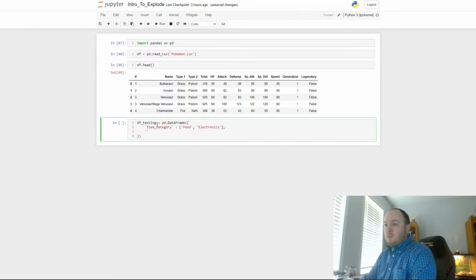Then we're going to actually put some inventory, right? So we're going to make a double list in here, so that we know that the first row is going to have a list, and then our second row will also have a list. So we're just going to put in here 1 can of beans. Then we're going to say 2 bags of rice, and then maybe 3 boxes of